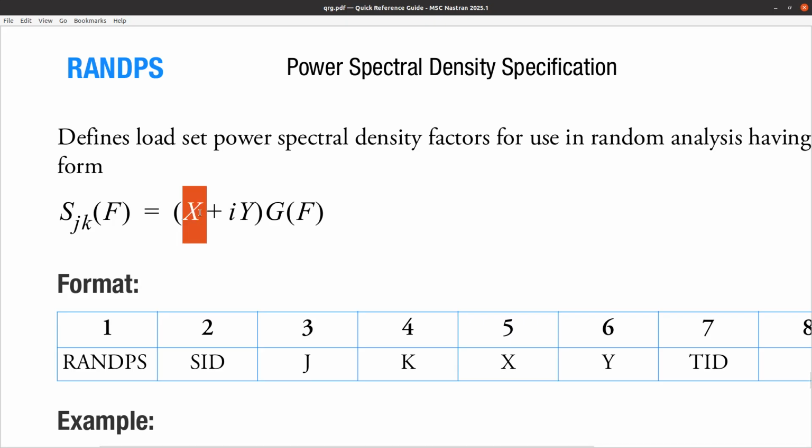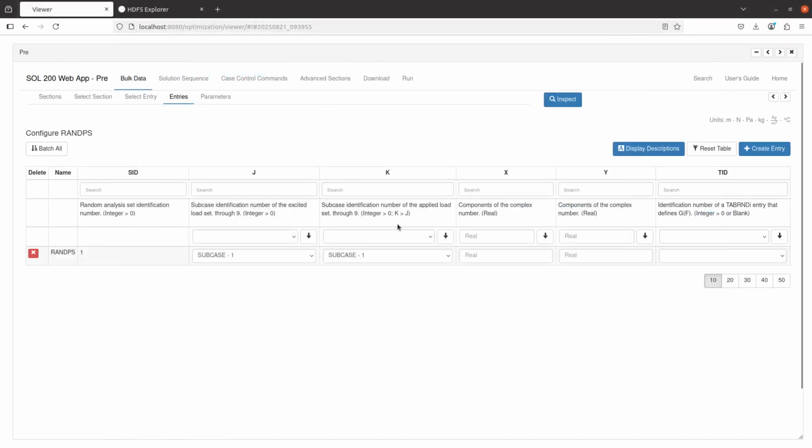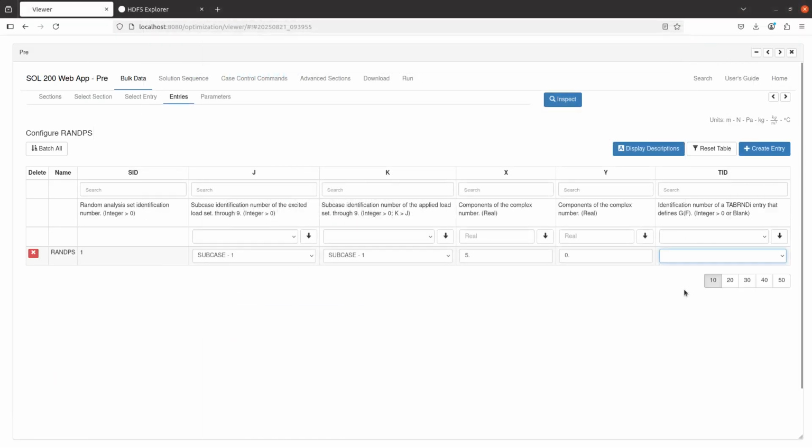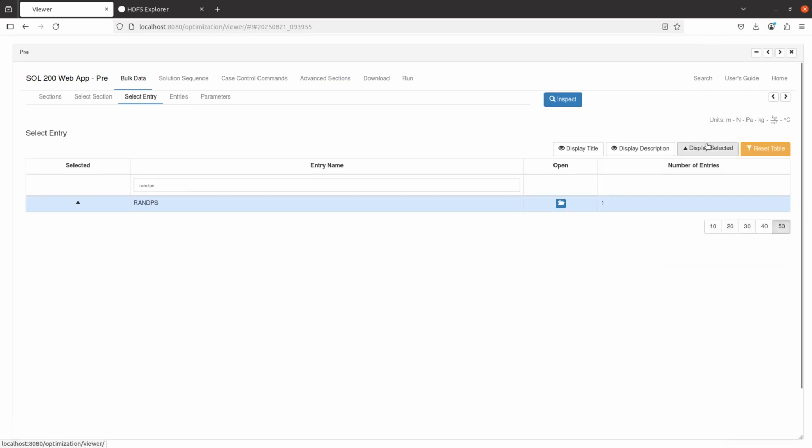So we're going to set X to maybe 1. In the paper they use 5, but because the remarks say that since J and K are both 1, since we're doing this for subcase 1 and subcase 1, Y must be 0. So here in the X and Y column, I'm going to say use 5 and use 0. And then for the GF term, we say use that table entry that defines the GF term. So remember, the GF term